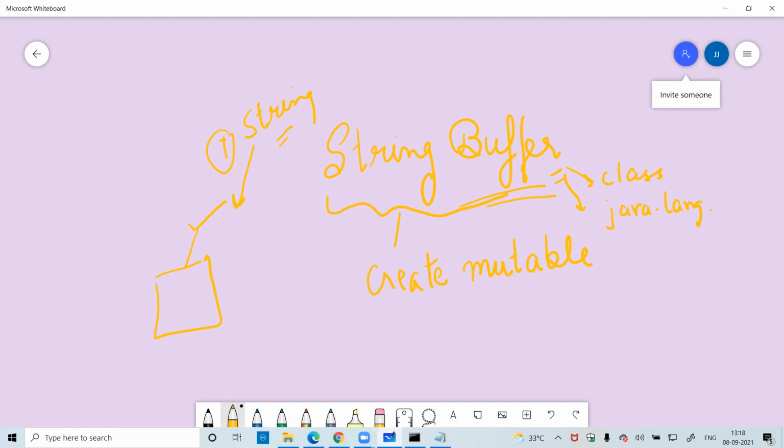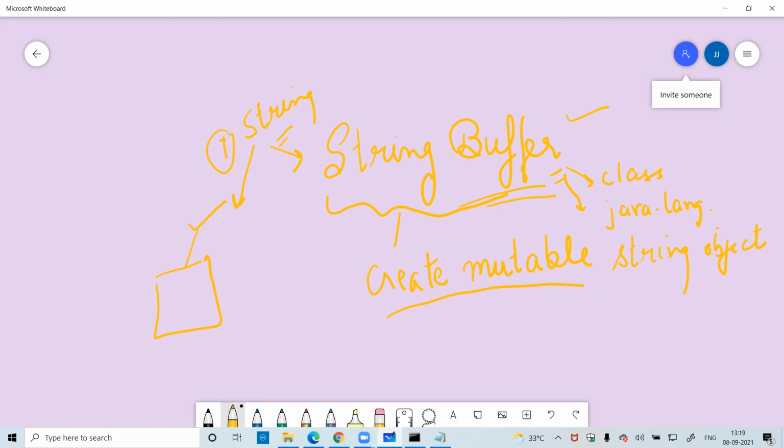But with the help of StringBuffer, we can create a mutable string object. That is the main advantage of using StringBuffer rather than the String class.